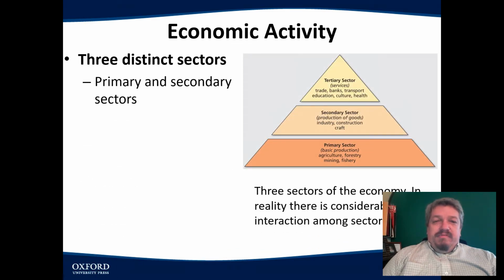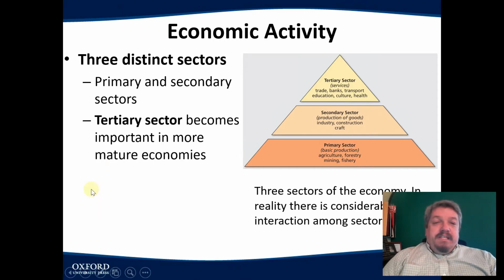The book breaks economic activity, right, things that we do for money or for need or for gain, into three different sectors, kind of like this triangle right here, right? Three different sectors: primary, secondary, tertiary. The primary and secondary sectors are the base, right? And so that's the base of economic activity.